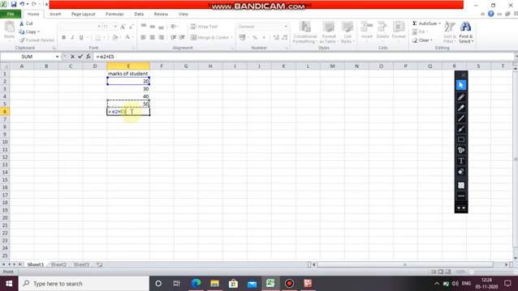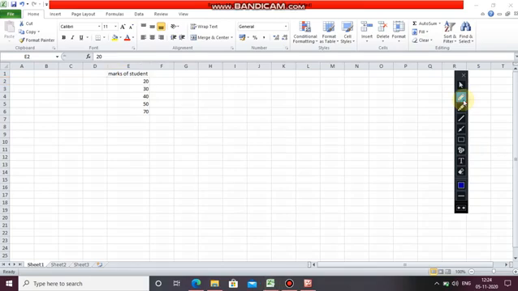Okay, it is already showing, and then press enter. So this has given 70, means 50 and 20. It has added two numbers 20 and 50 because we have given the cell address of only these two values.